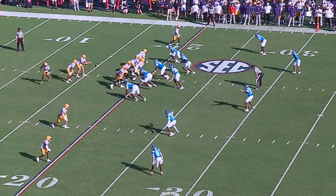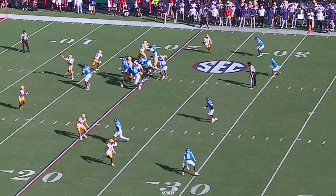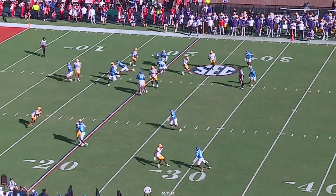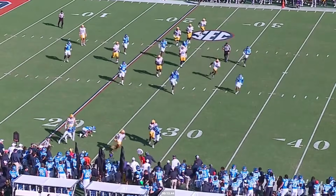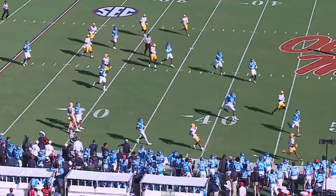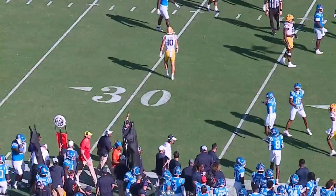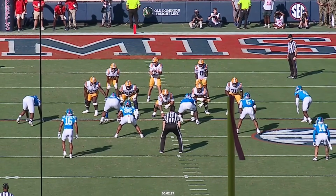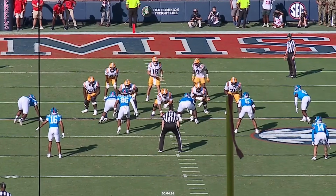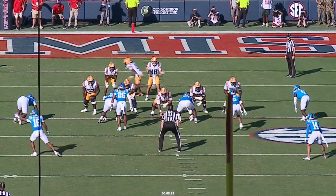So motion out. They see the motion late, they're sort of running up to blitz, safety sees it late, they're going to work because they're going to think this is going to be a bubble. It is a bubble, puts it out in front, we've got a block on there, and again Zavion making his guy miss, outrunning everyone. If he just doesn't step out of bounds there, he's probably still running into the end zone. Speaking of end zone, we're looking at the end zone he would have been running into, so again, you know,